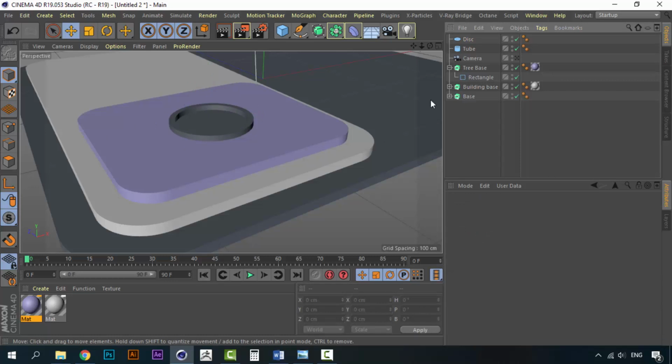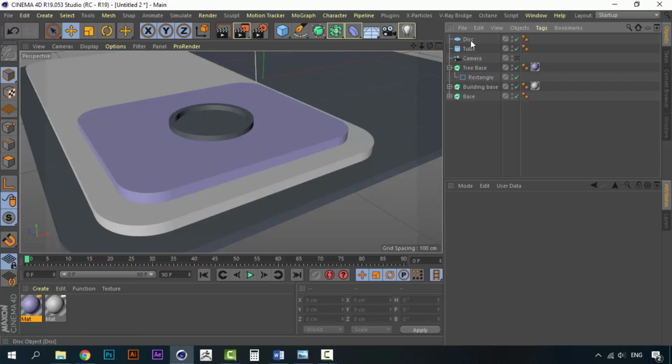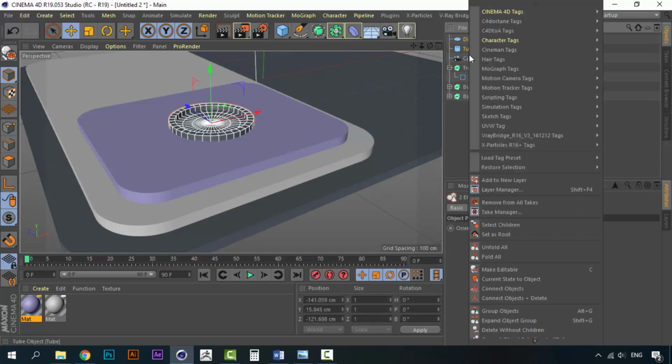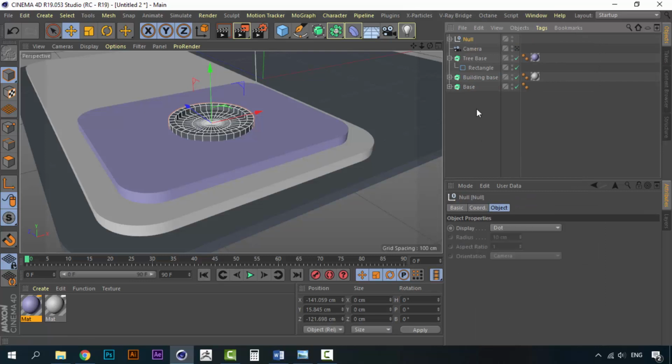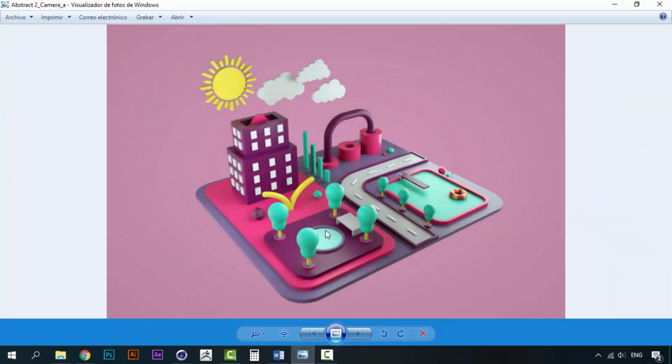Now let's group this. I try to group everything all the time because otherwise I would have too many objects here, and that really annoys me. So I try to group as much as I can. For example, this one could be called, I don't know, water. Let's call this water, and we can actually duplicate this because we're going to use it for the base of the trees. You can see on the image that we have the same shape for the trees. So we have this,